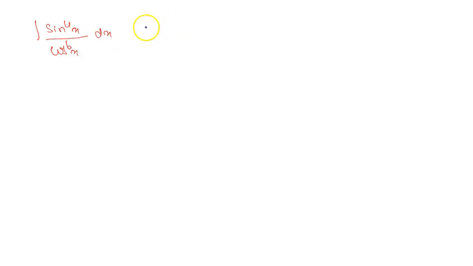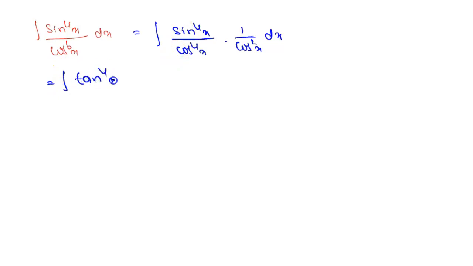So here this question I am converting: sine to the power 4x by cos to the power 4x into 1 by cos square x, like this. I am splitting it like this. So here we know that sine by cos goes to tan, so tan to the power 4x, and 1 by cos square x goes to